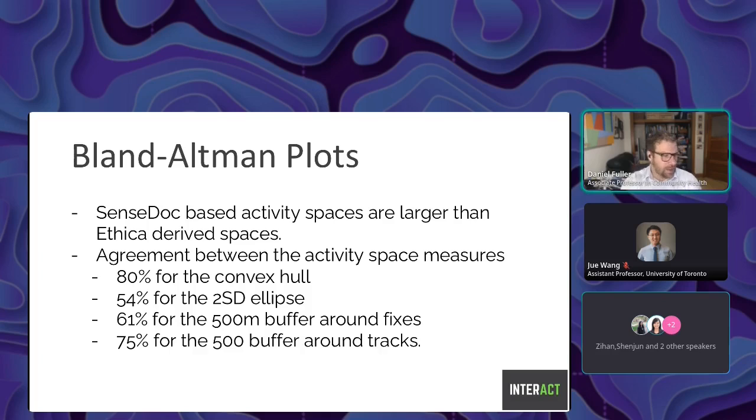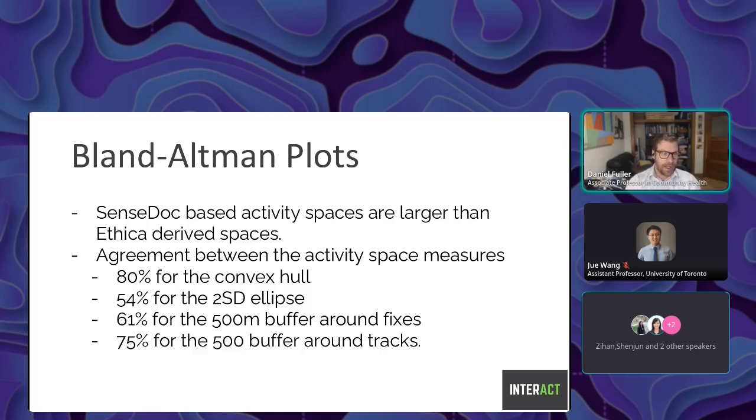Okay, so the next thing we did was we used the data that we had, so the GPS and accelerometer data, to calculate activity spaces for the participants over the entire time period, and used Bland-Altman plots, which are a method for calculating agreement between two different types of variables, to examine the relationship between those 4 different activity space measures and between the 2 different data sources: GPS, dedicated GPS device locations, and smartphone locations. So SenStock-based activity spaces tended to be larger overall than the ones derived by Ethica, the